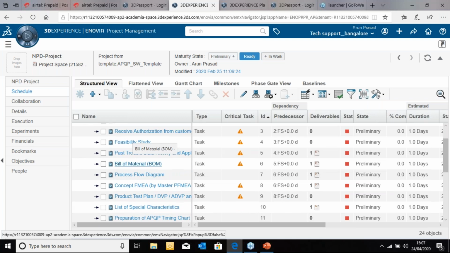We can also bring in a control. A critical path can be defined such that without the completion of the previous task, the next task cannot move on, or there could be a control that if there is a delay in the task, it should trigger a notification or an escalation to the immediate superiors, and so on. The necessary actions can be taken. So this is the interface that I was just talking about.